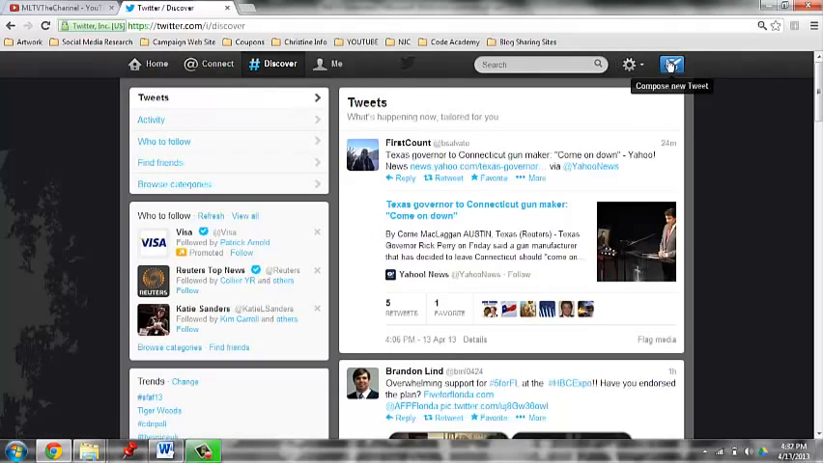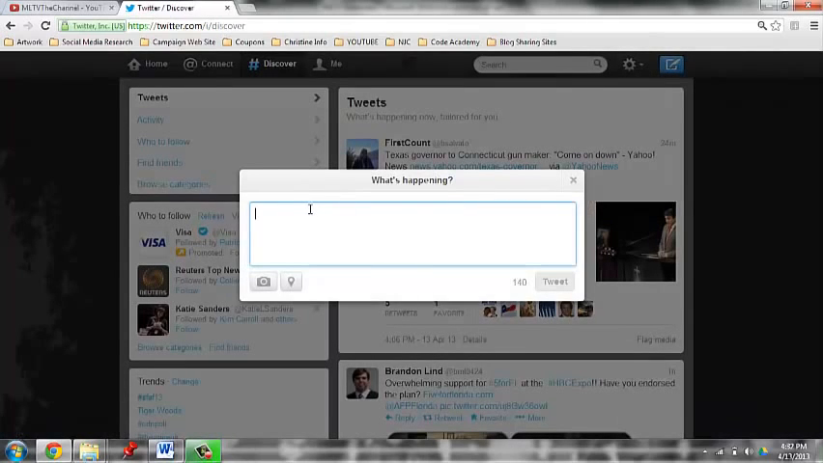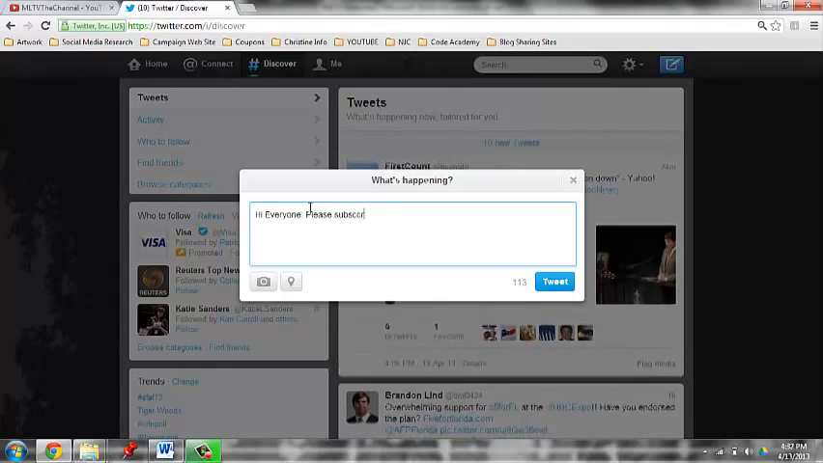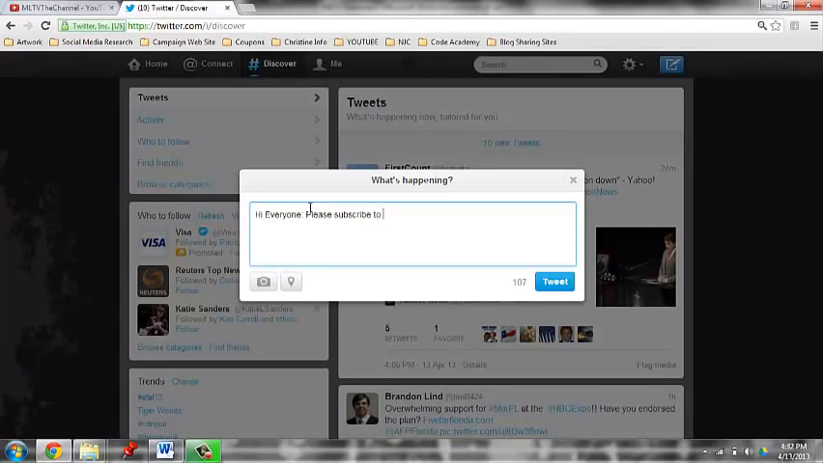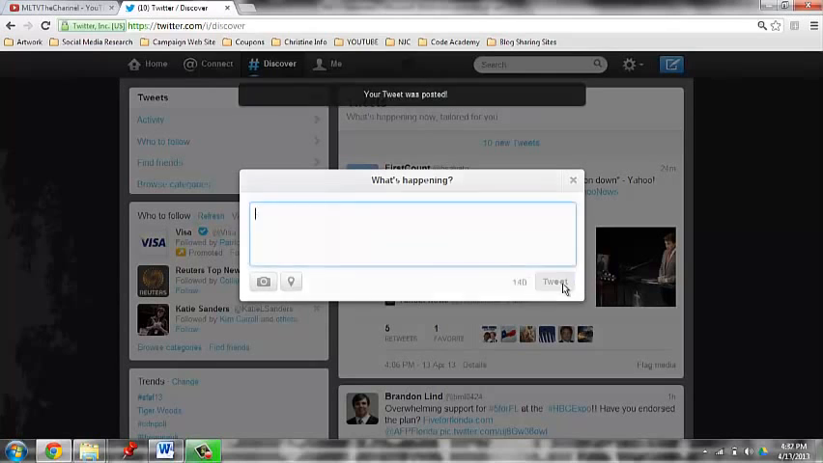here to this little icon that looks like a paper and pen, and I want to send someone a tweet, I could send a general one by saying, "Hi everyone, please follow me on," or how about, "Please subscribe to my videos on YouTube." And then I put in the link, and when I click tweet, that will also go into my